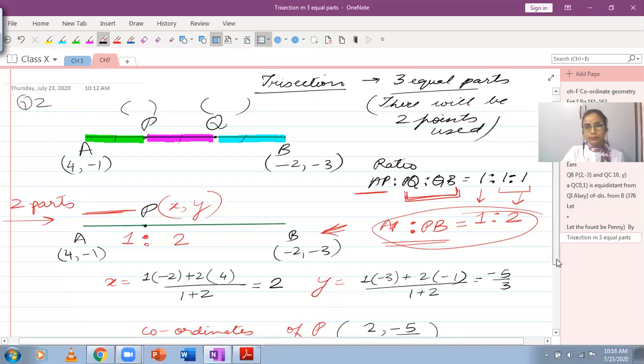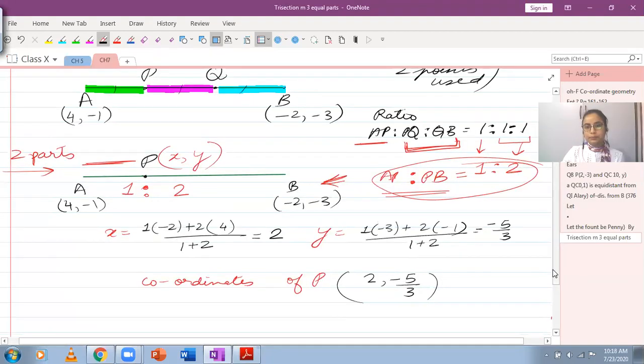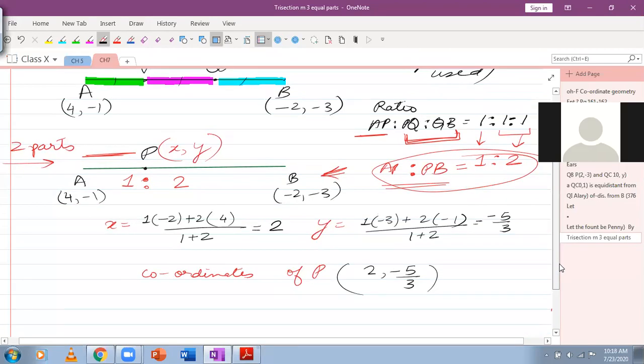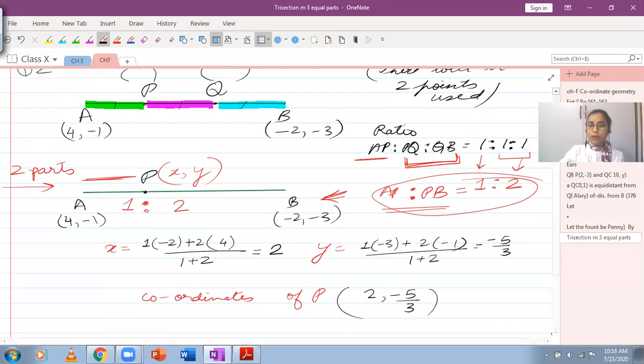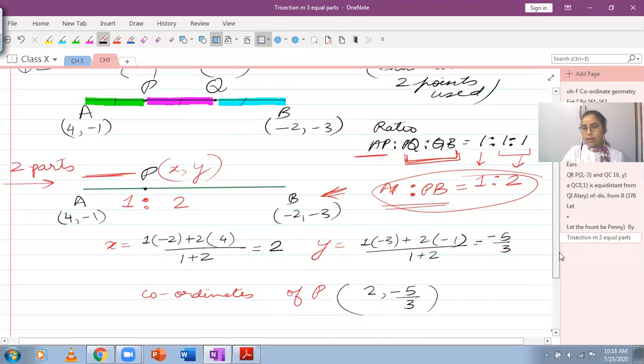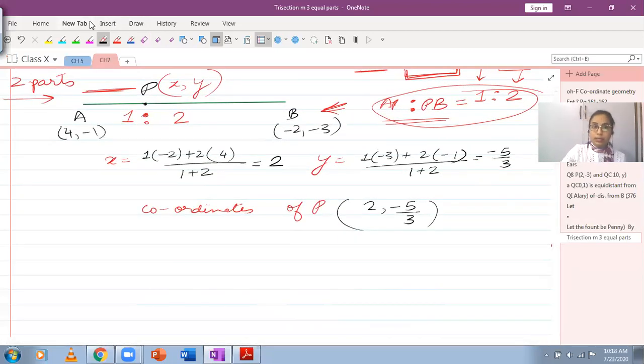Is it done? Yes, ma'am. Okay. Now we have to find out the coordinates for Q. You can do it the same way, the way I have done for P. Q find करने के लिए आप P को ignore कर दो. And if that happens, अगर हम इस तरह से करते हैं,